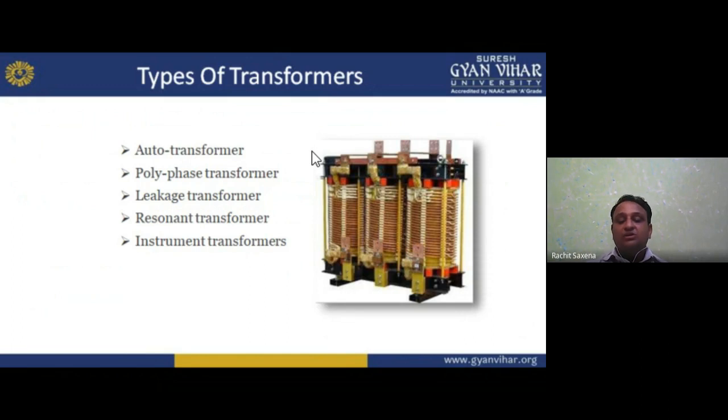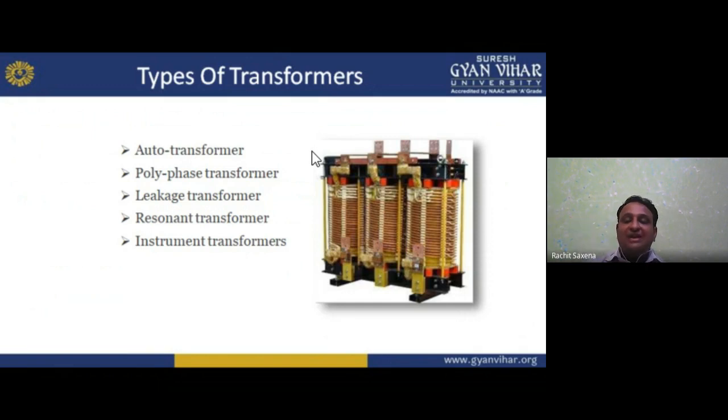Now my dear student, why are we using these instrument transformers? Because in a power system, we are always talking about high voltage, high power, and high current, and we have to measure these. A voltmeter doesn't have the capacity to measure kilovolts or kiloamperes in the meter. So what do we do? We use these transformers. In the current transformer, the primary has a few turns but the secondary has a large number of turns. So we can step down the secondary current very easily.